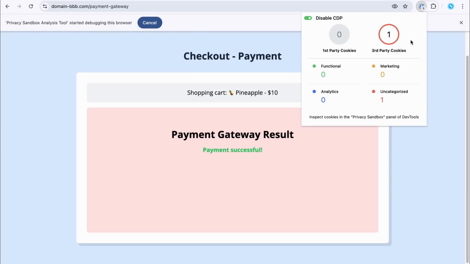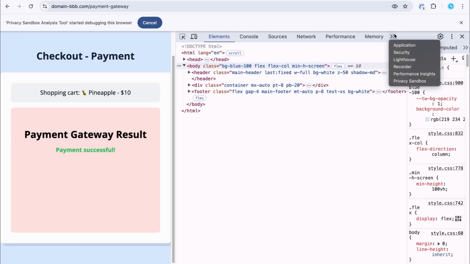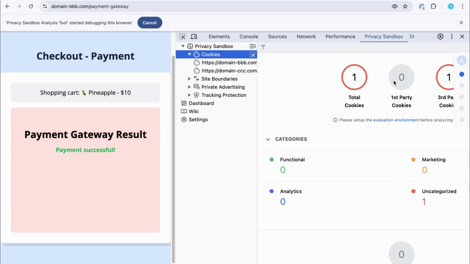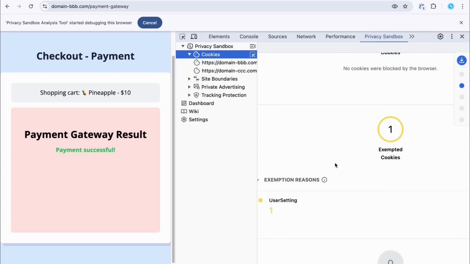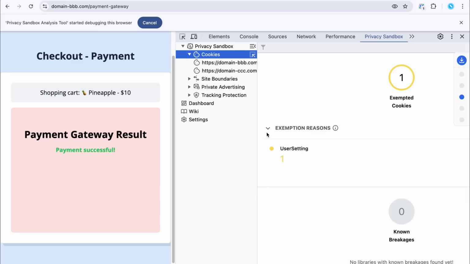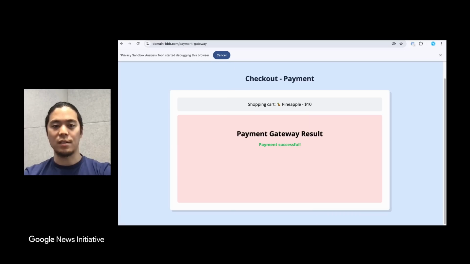Let's open the Privacy Sandbox Analysis tool in Chrome DevTools again. And now we can see the updated information that there's an exempted cookie allowed by user preferences. So this was a very simple example using the demo site, but it effectively illustrated how third-party cookies can impact